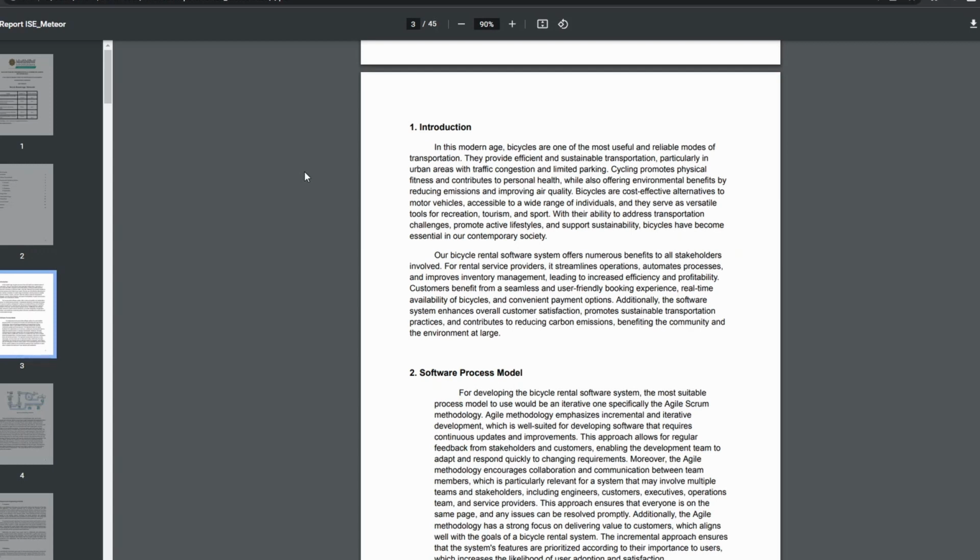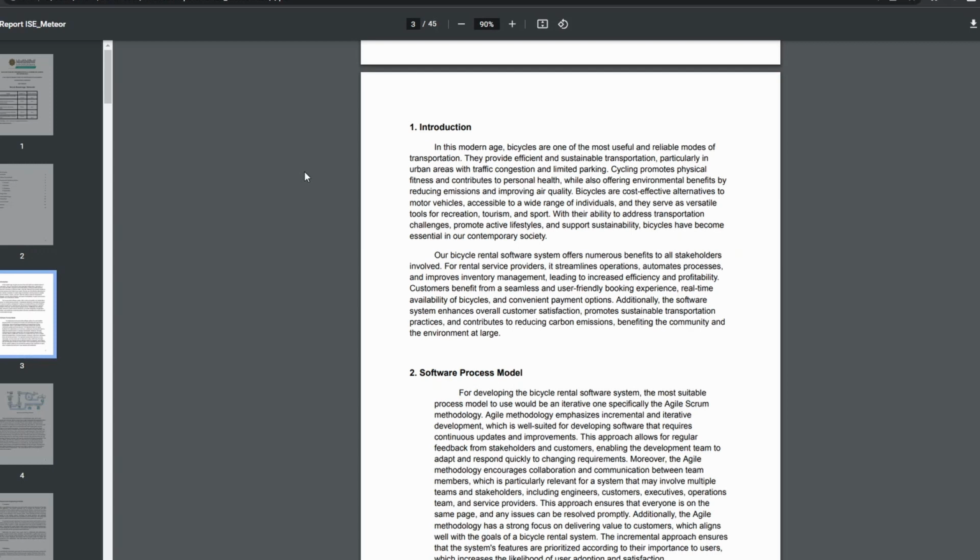With their ability to address transportation challenges, promote active lifestyles, and support sustainability, bicycles have become essential in our society. Our bicycle rental software system particularly offers numerous benefits to all stakeholders involved. For rental service providers, it streamlines operations, automates processes, and improves inventory management, leading to increased efficiency and profitability.